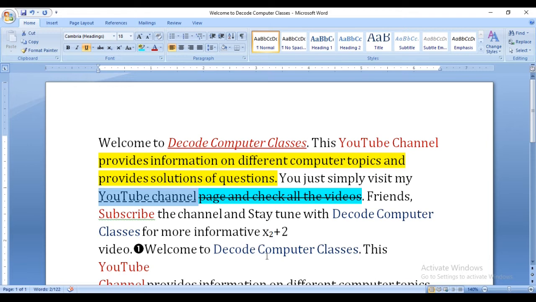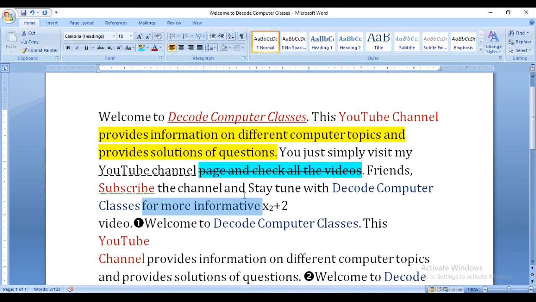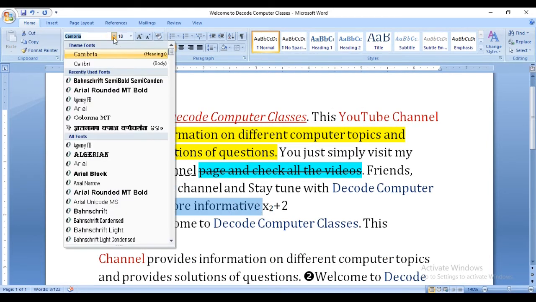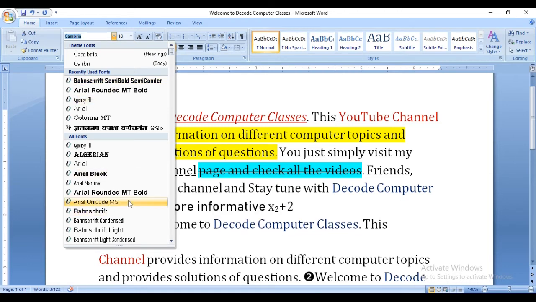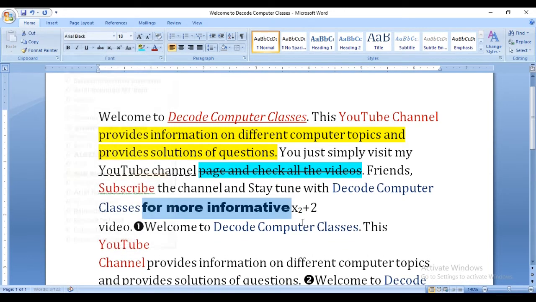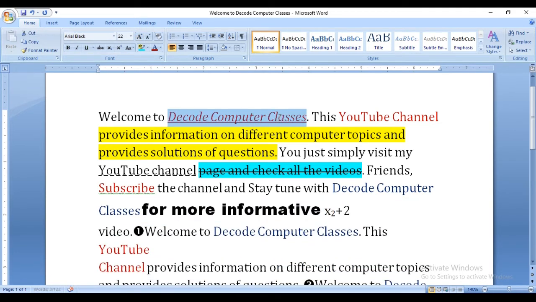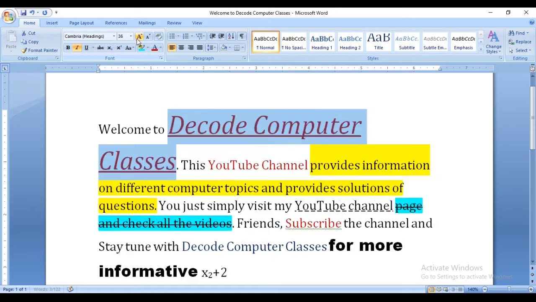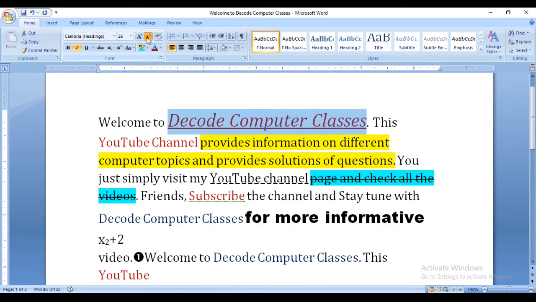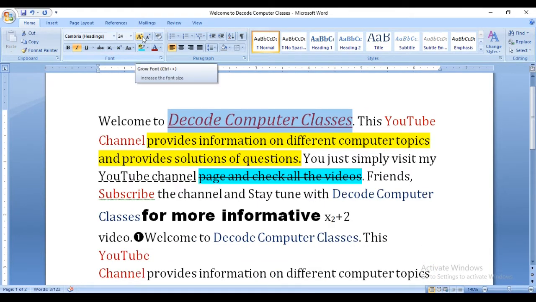Okay, let's move on to the next thing, that we can change the font type. Different font types are here. Okay, as you can see, right? Different font settings are available. And yes, you can increase the font size from here. Select the text, increase the font, decrease the font. Here also you can increase the font, decrease the font. So this is all the settings about font sizes, right?